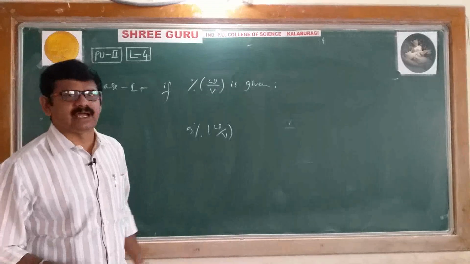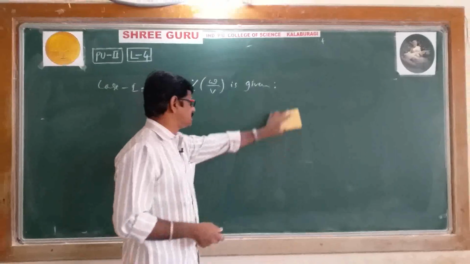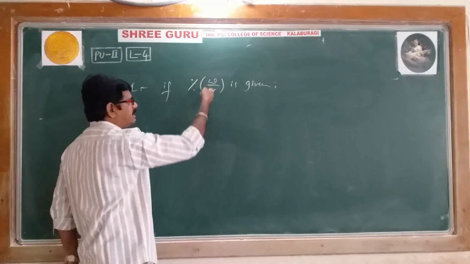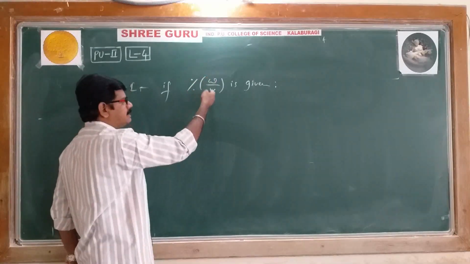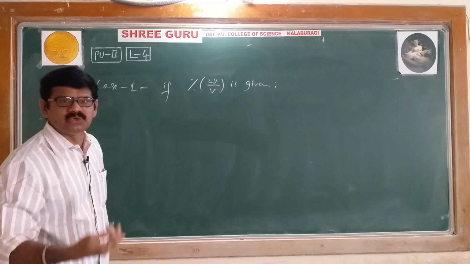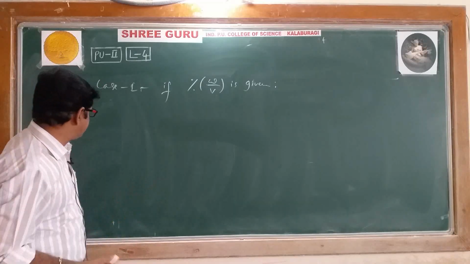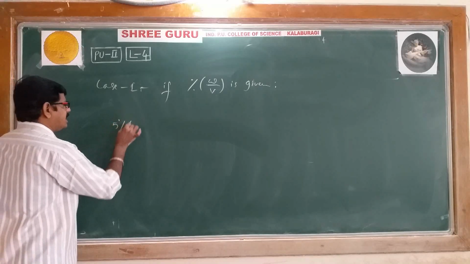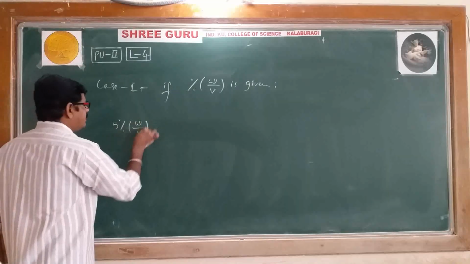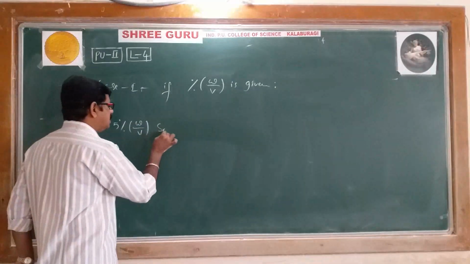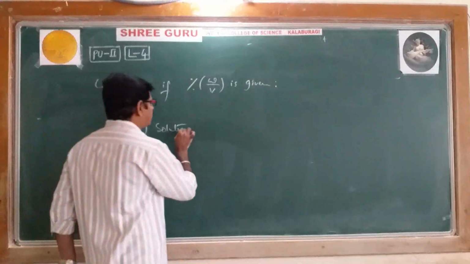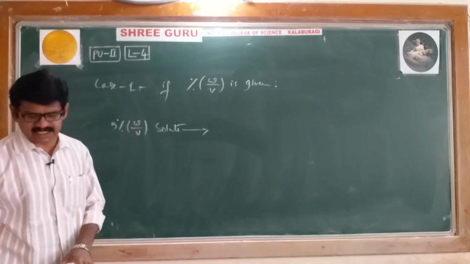Then how to get that formula? Let's discuss now. Right. Here I have given percentage W by V. If it is given, how to calculate molarity? For that purpose, we'll do it like this. For example purposes, I am taking the same 5% W by V solute. Then what is its meaning? We'll try to understand.